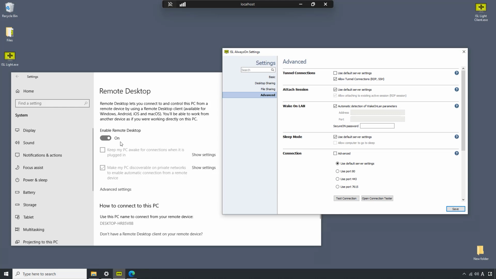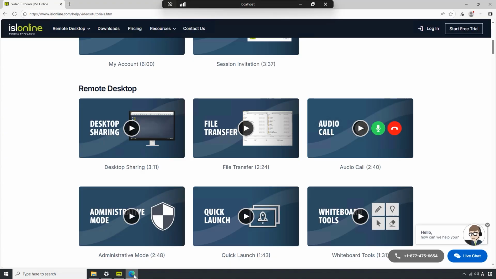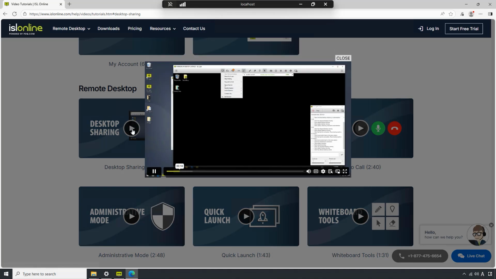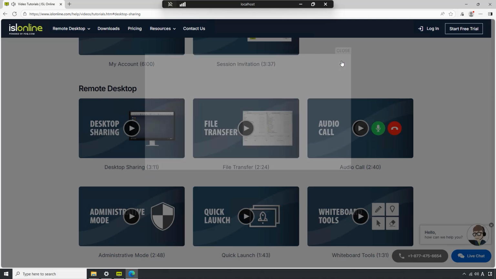It takes a little setting up in the Windows and the ISL Always On settings, but once that's done, we get all the benefits of a peer-to-peer connection, combined with ISL Lite's security layer without any VPN tunneling or firewall changes. This makes remote printing available, and more importantly, audio and video playback easy and seamless, and the remote resolution is pristine just like ours.